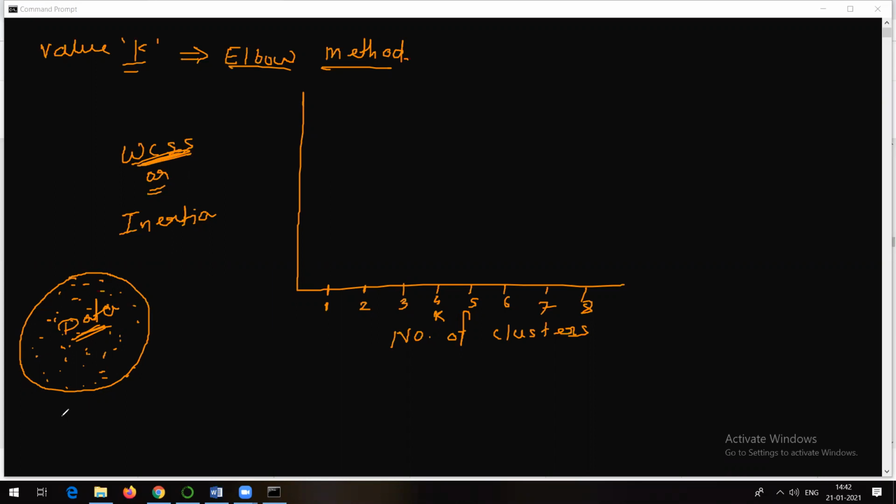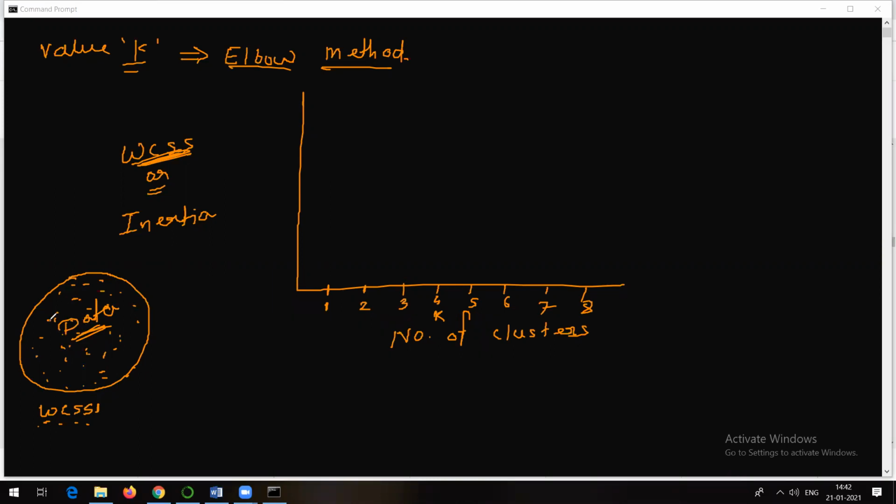So I will find out different values of WCSS. I will find out WCSS1, that is, within cluster sum of squared distances for one cluster. Initially this is your data, which means the whole data belongs to one cluster only. So we find out the within cluster sum of squared distances in that particular cluster.